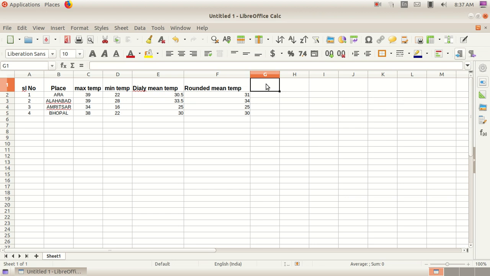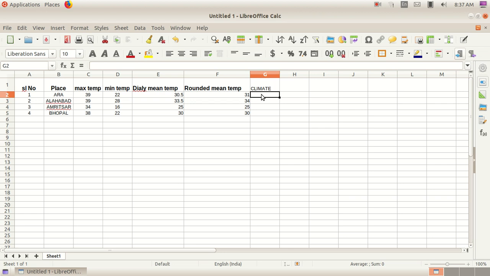That is, we are using a criterion: if the temperature is below 30 degrees, then it is cool climate, otherwise it is hot climate. For that we can give a heading, that's the climate, which climate they have.